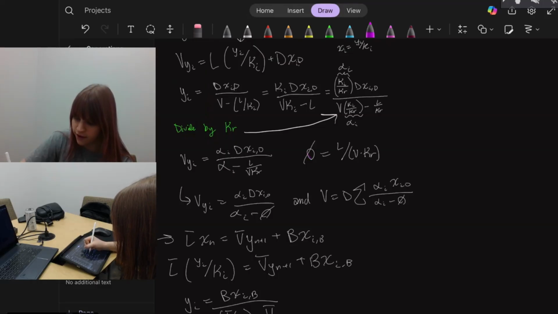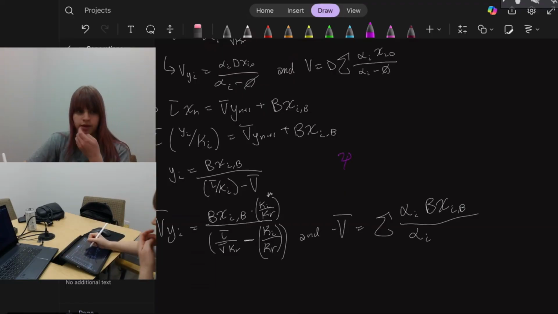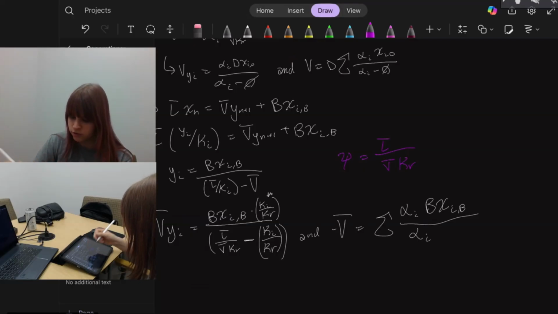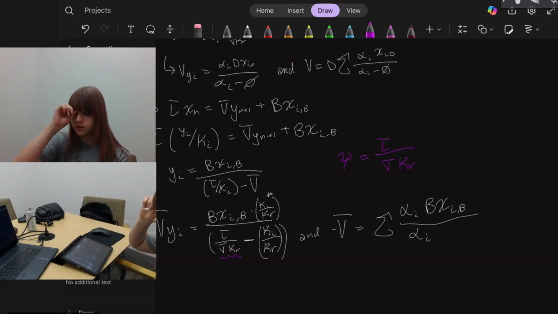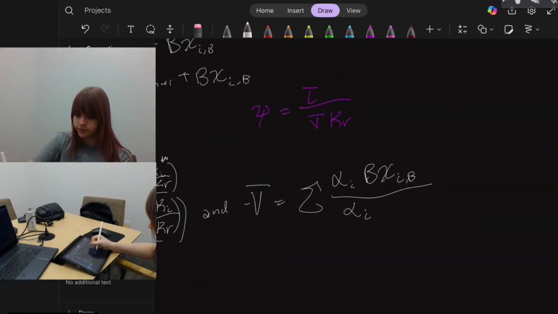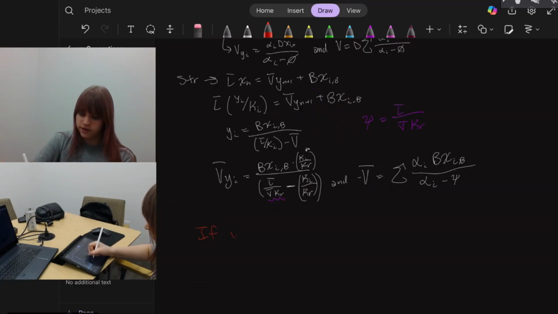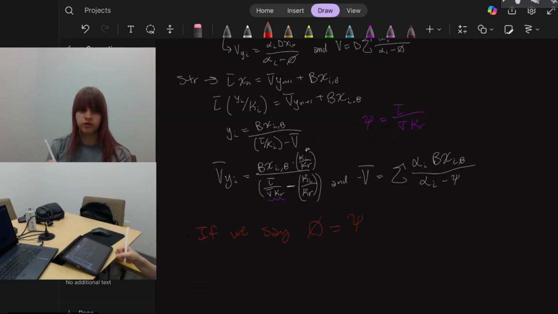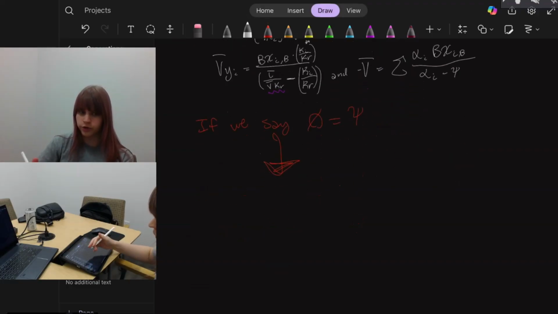So we had our phi here. We're going to do a psi, and this psi is equal to the liquid divided by the V times the Kr, which is right here. And this is just from rearranging things, but we have that relative volatility minus psi. If we say that phi and psi are equal to each other, then that's where we get our Underwood equation